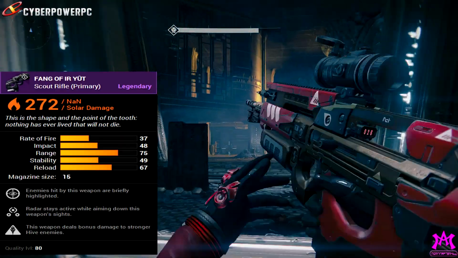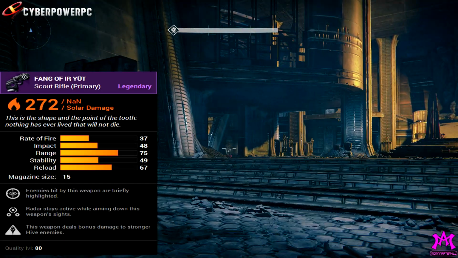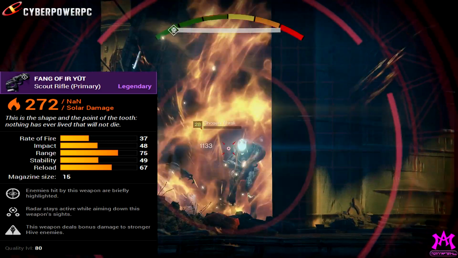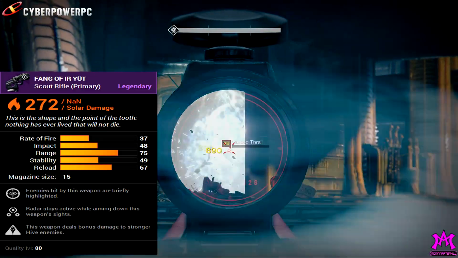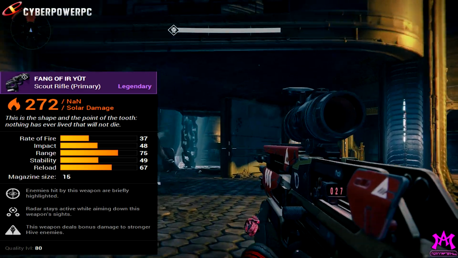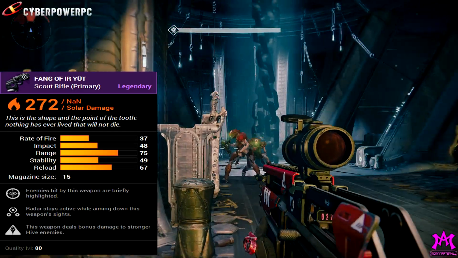You're ruining my video. So, this weapon doesn't look very desirable, I guess, because it's a primary scout rifle that does solar damage. And I know what you guys are going to say. They're like, well, big deal. So there's a scout rifle from Revolt of Glass. And that one's automatic. What makes this gun worth it? Well, the one thing is that it does extra damage to hive enemies, but if you ignore all that and